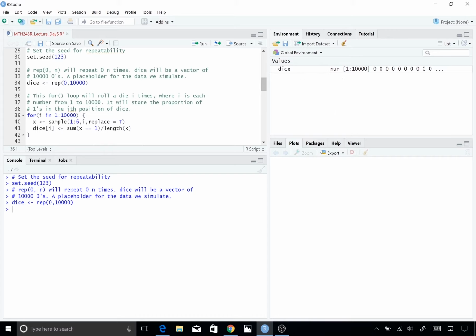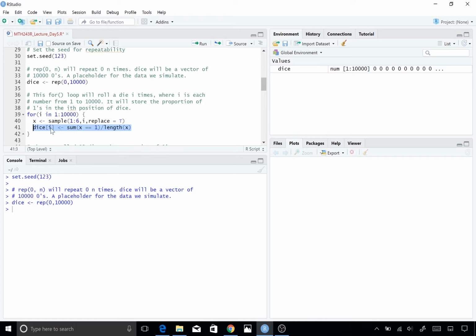Here's the syntax for the for loop. I say for, then in parentheses, i in 1:10,000. That's going to let the letter i range from 1 to 10,000. Then a bracket, and inside the brackets, I do what I did before. I roll i dice. But then I find the proportion of ones and store it in the ith position of